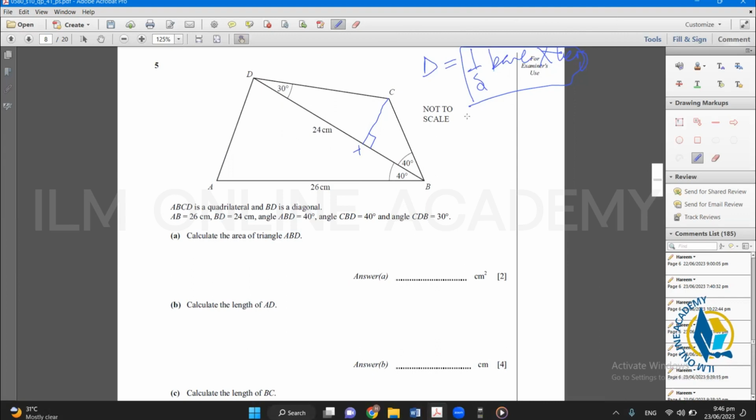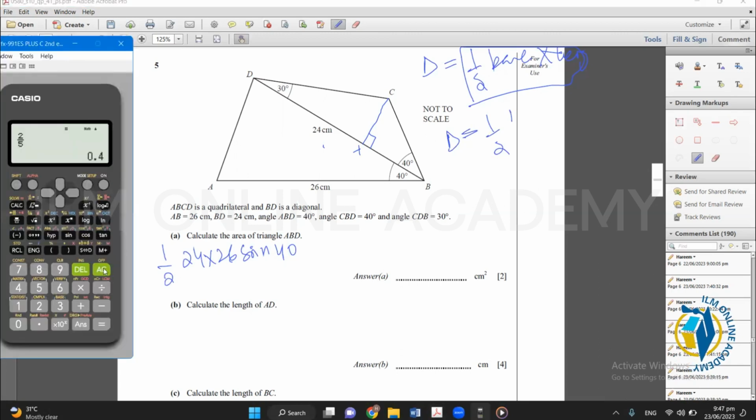So if you can recall another formula, if we have 3 sides of a triangle and there is an angle also present, you have to take those two sides whose included angle is present. So these two sides and their included angle are present. It means 1/2 multiplied by 24 multiplied by 26 and the sine of 40. And if we calculate it, our answer is